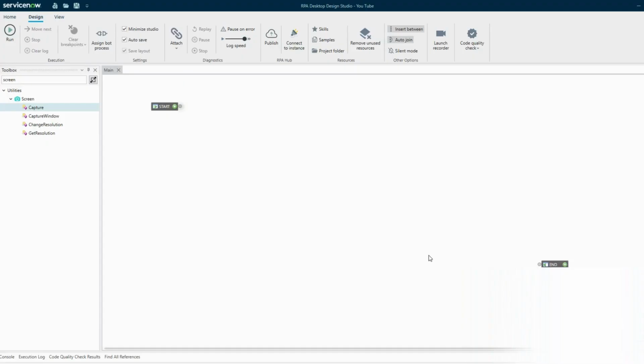In today's video, we are going to see how you can take a screenshot of your window, for which go to your toolbox and search for screen, under which we have four different components. So first let's start with capture, which basically captures the screen of the active window and it provides the image